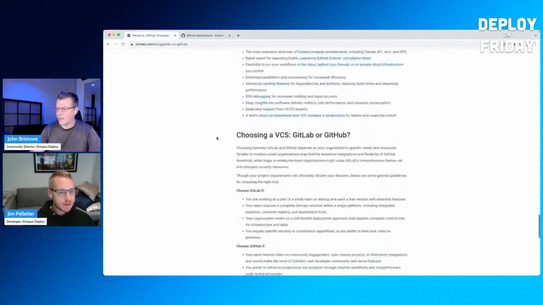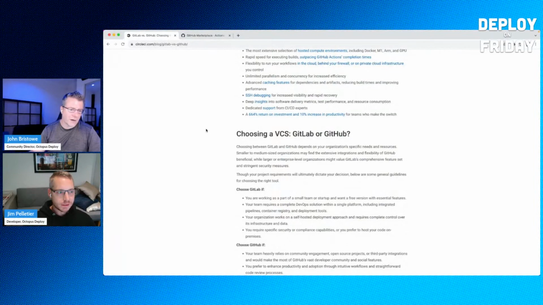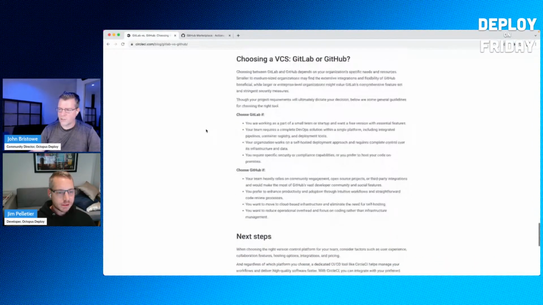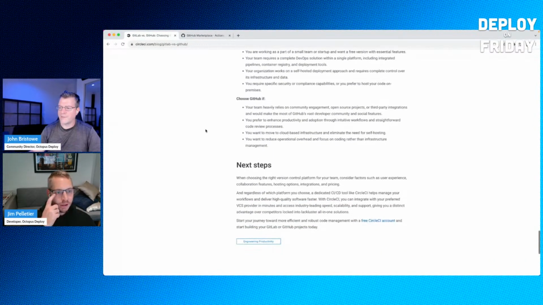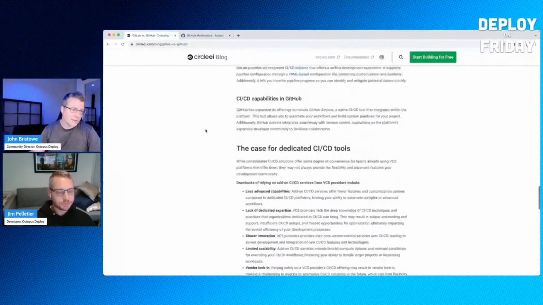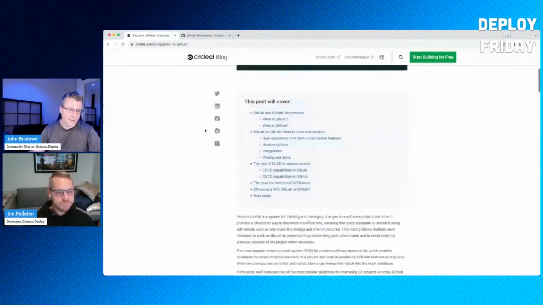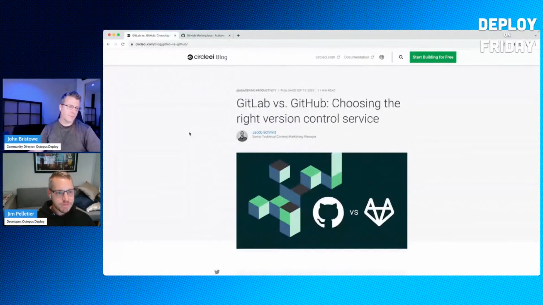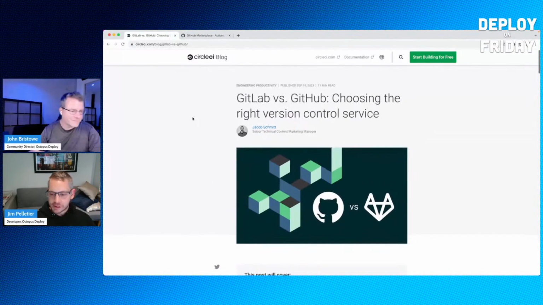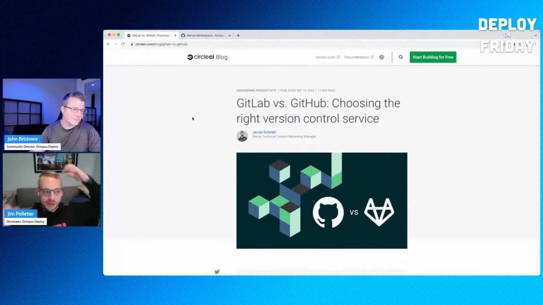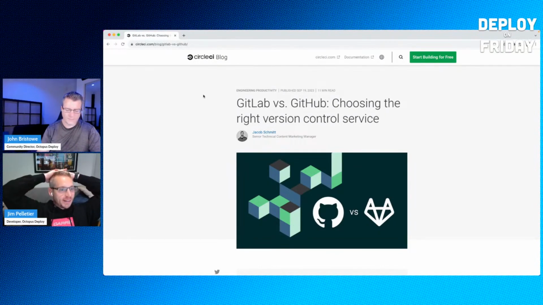I think that GitLab does depend a lot on containers, far more than GitHub does. GitHub's container support is there. It's fine. You can use them in action runs and all that. But I think GitLab takes it to the extreme. And then DevSecOps is something that they talk about a lot relative to GitLab. So what do you think? I like GitHub too, but I think GitLab has a lot of support in really niche areas, like people who like security tend to like GitLab, that kind of thing.